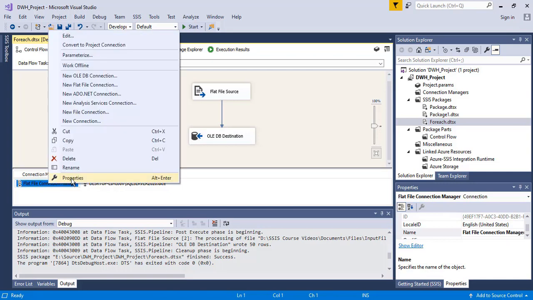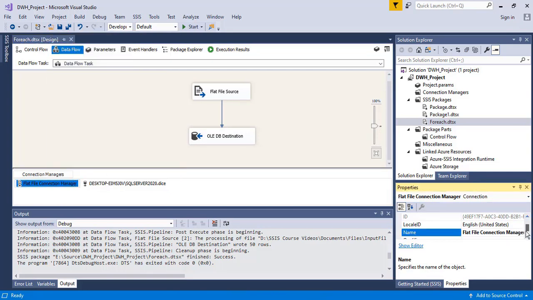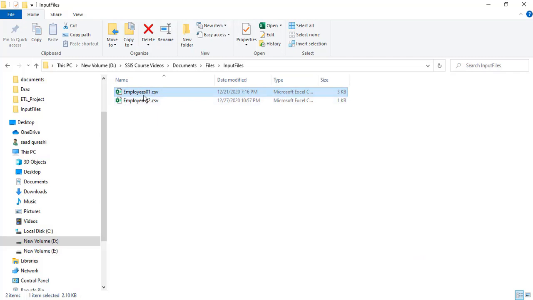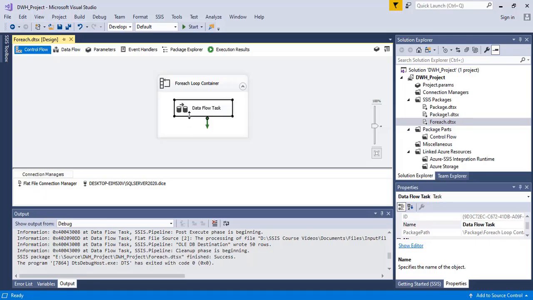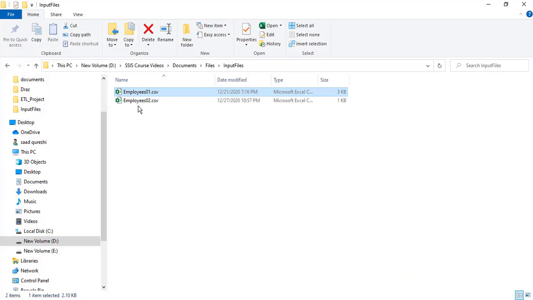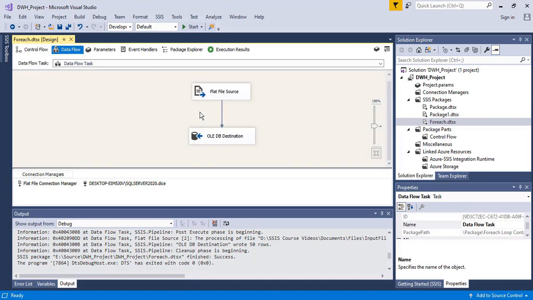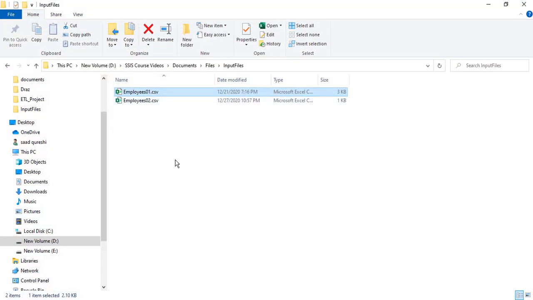I need to go to the properties, and from here I need to configure this expression section. So what is happening right now? First time it is using this file, then the second time it is executing this package, and it is loading the same file.